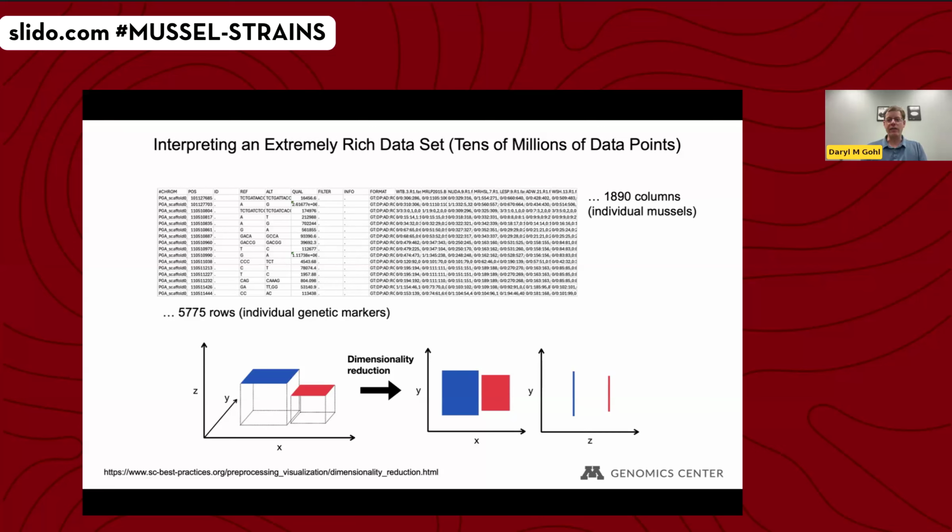And so we use a variety of what are called dimensionality reduction techniques, and these are essentially mathematical algorithms that take something in a higher dimensional space, like these colored squares here that are shown in 3 dimensions, and you can take that information and basically compress it down into a lower dimensional space that you can more easily visualize. And so rather than doing this with 3 dimensions here, we're using a similar kind of mathematical approach to do this with 5,000 plus dimensions, and then compressing it down to 2 or 3 dimensions where we can more easily see what's going on.